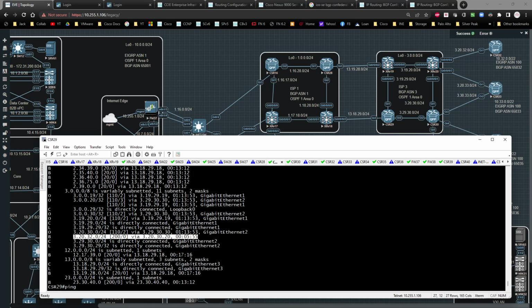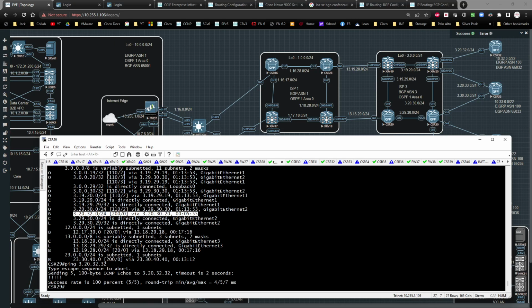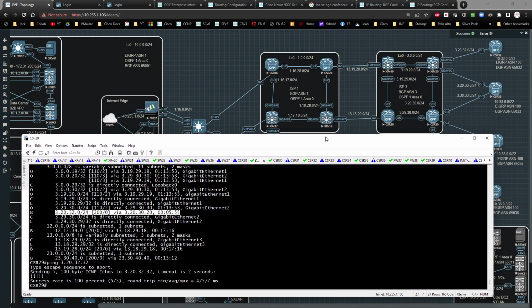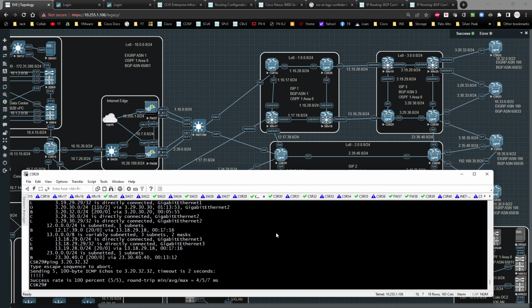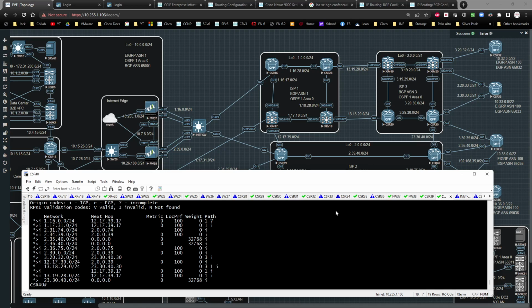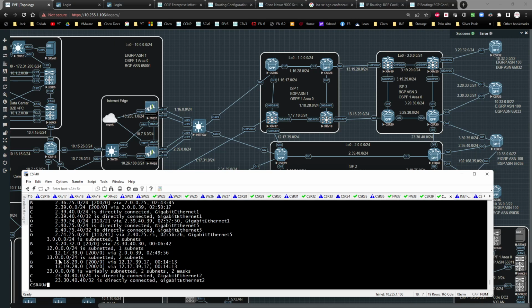So I'm going to ping 3.20.32.32. I can ping that from 29. Now let's take this a step further, and let's look at it from 40. Now on CSR 40, show BGP IPv4 unicast. 3.20.32 is showing up, and I'm learning that. If I do a show IP route, I see 3.20.32 coming in via BGP. If I ping 3.20.32.32,